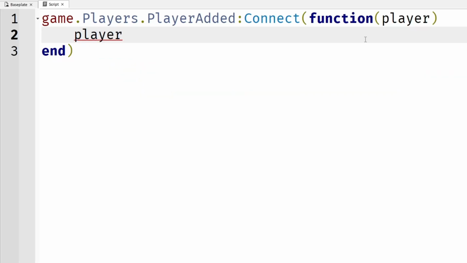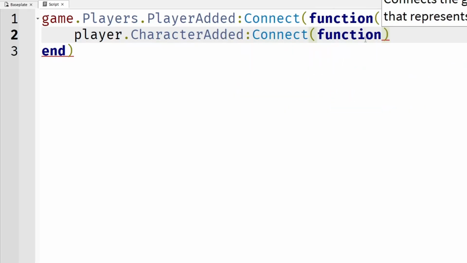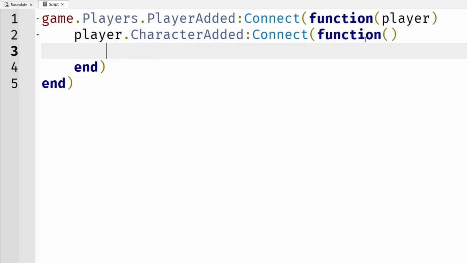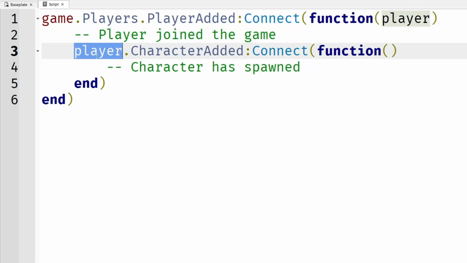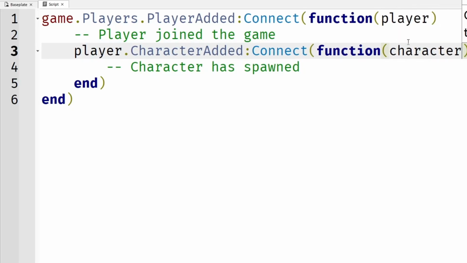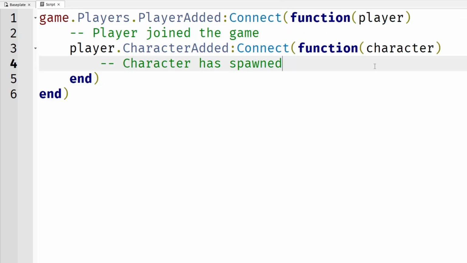So we can say player.CharacterAdded:Connect, and then again in brackets we'll have a function, another pair of brackets, and we'll drop a line. So now any code inside of here will run when a character has spawned. The first event would run when a player had joined the game, but the player's character may not have been loaded yet. So we had to use the player object to then use the CharacterAdded event to wait for their character. And we can then pass the argument of the character, so we have a reference to it. So anything we do to this character will be done to the character of any player who joins the game. So we can then say